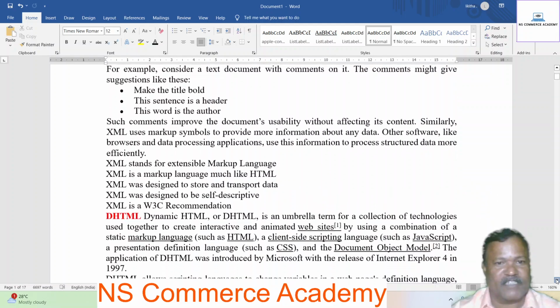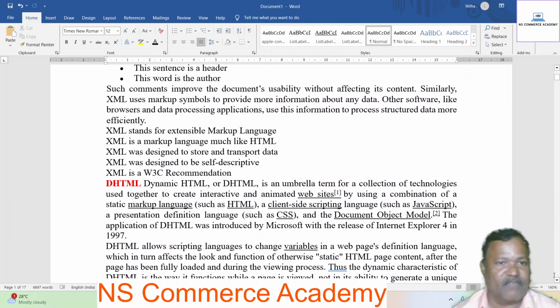XML stands for Extensible Markup Language. XML is a markup language much like HTML. XML was designed to store and transport data. XML was designed to be self-descriptive. XML is a W3C recommendation. Next one is